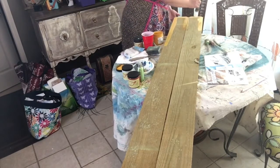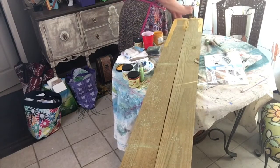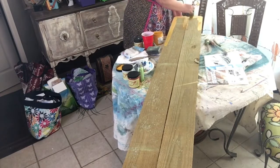And this is called dog ears at the top, where it has this little bit of a shape to it. And I liked that shape. And normally this stencil is for...